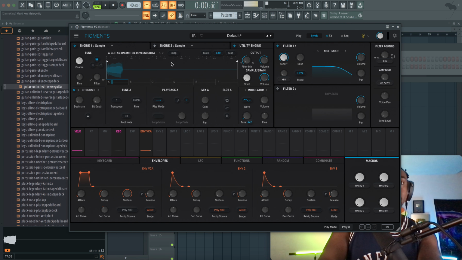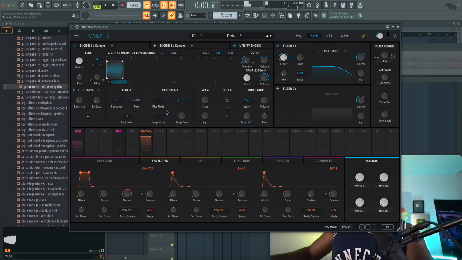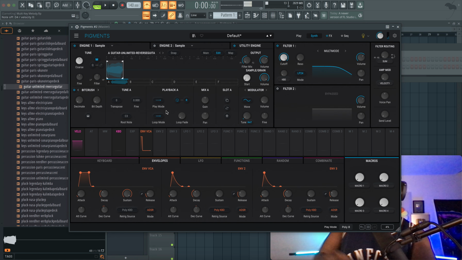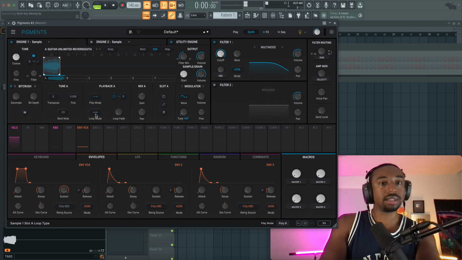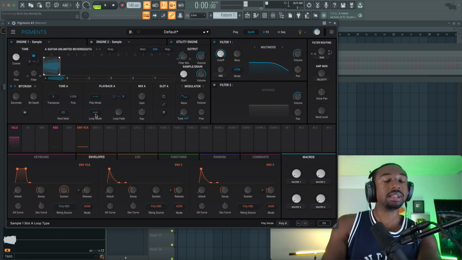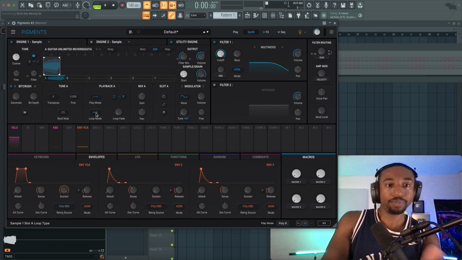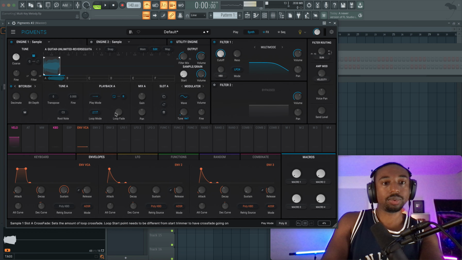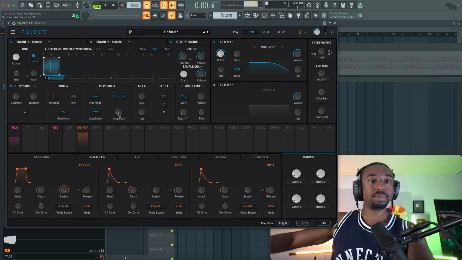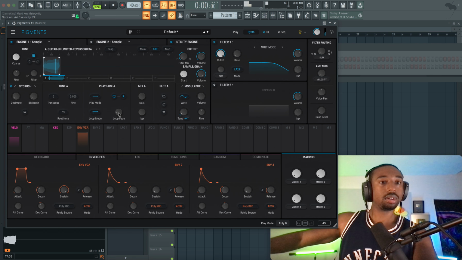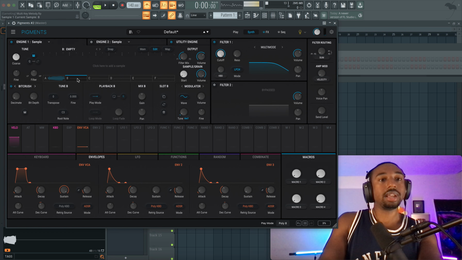All this gap here, I'm going to remove just by grabbing this little thing here and pulling it like that. And then I want to loop it. So if I hit a note, it repeats, but I want it to go forward and backward. That's my specific style of sound design. Jacob's style is round robin, and then this technique I'm about to show you. But let's do loop, backward, forth, and we can create a loop fade to make it loop a little bit better. Okay, now let's go to different layers.